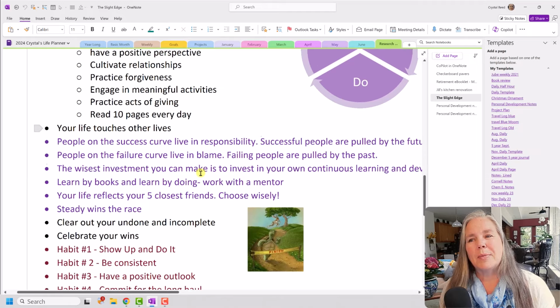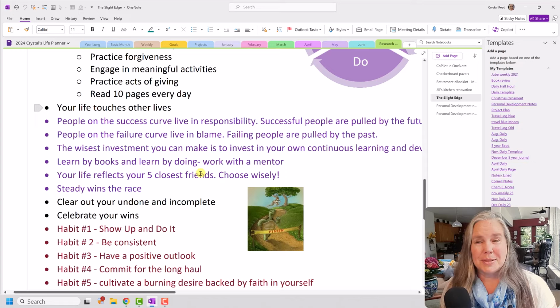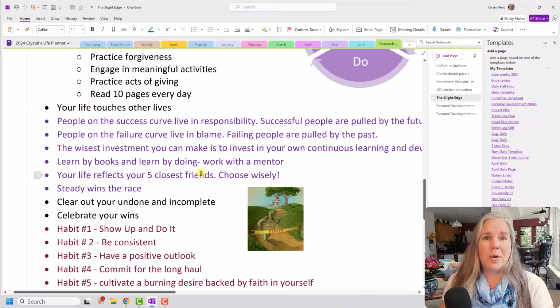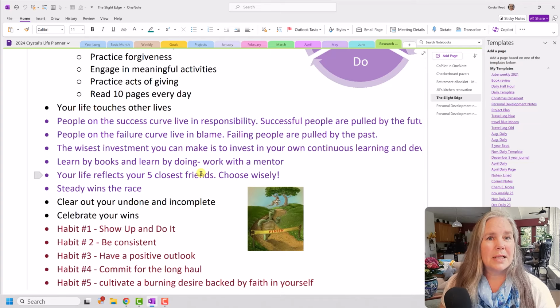An important thing to remember is that your life touches other people's lives. If you've ever been to a funeral, which I've been to quite a few lately, there's always that time in the service where other people are asked to talk about the person who has passed. And it is always interesting to me that we don't realize while we are alive how many other lives we have actually touched. And that's something to keep in mind as we go about our daily lives, that we do touch other people's lives and other people touch our lives,